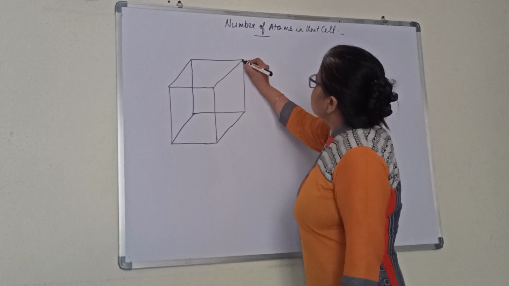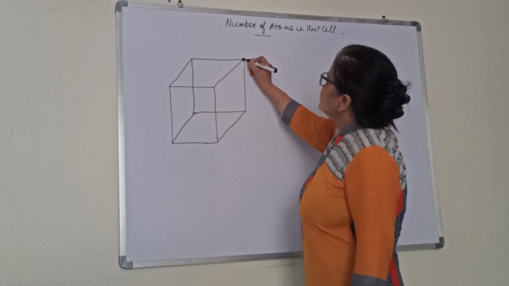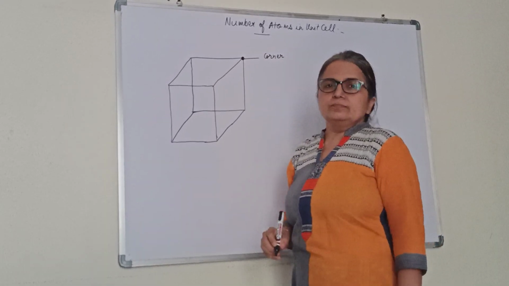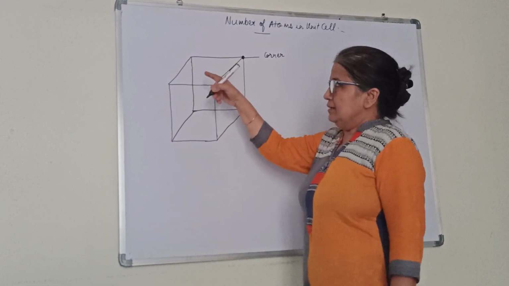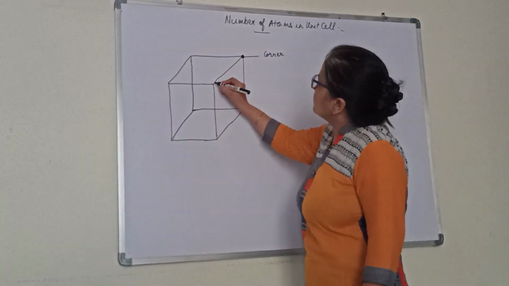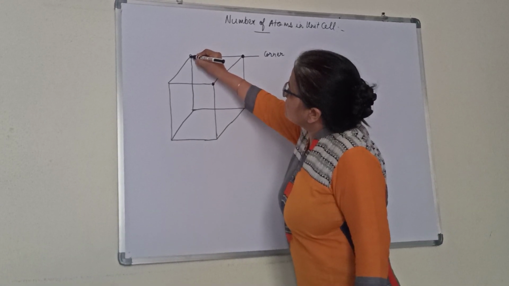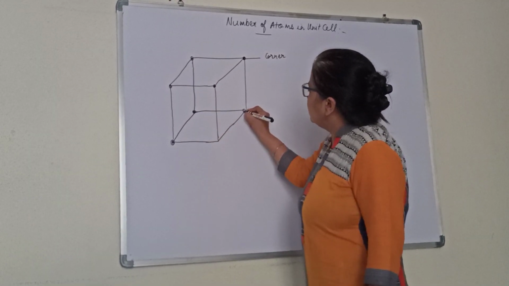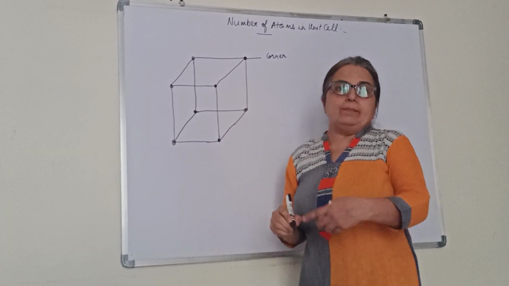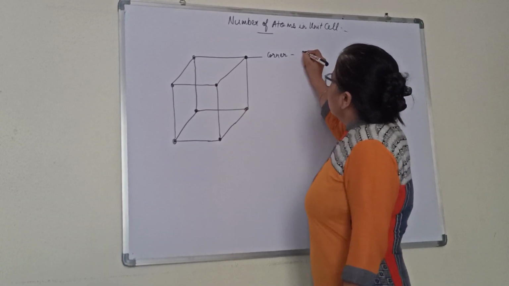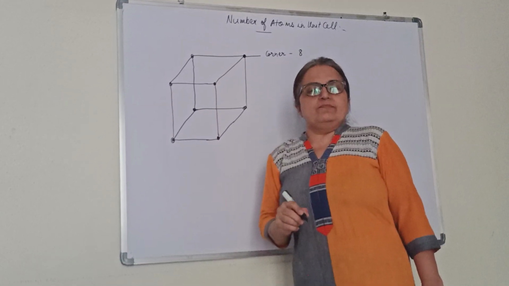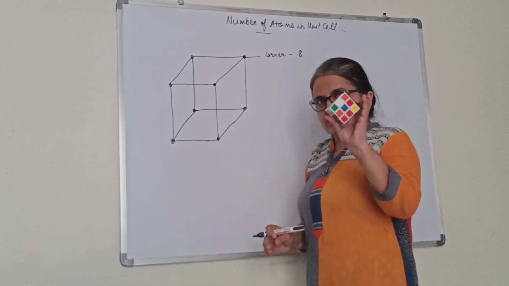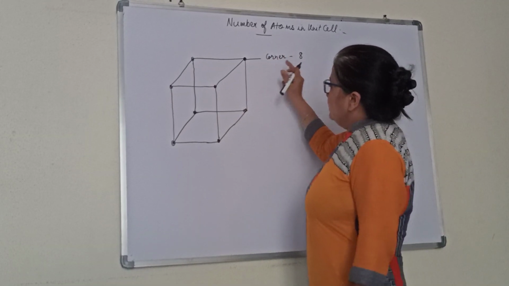See this one, we call this a corner. In one unit cell, we have 8 corners. We discussed this partly in the last class, but we need to talk about the contributions and the number of unit cells, so I am discussing it again. There are 8 corners in a unit cell. We are assuming the basic unit cell as the cubic unit cell, so I will be discussing it with this. There are 8 corners, right?